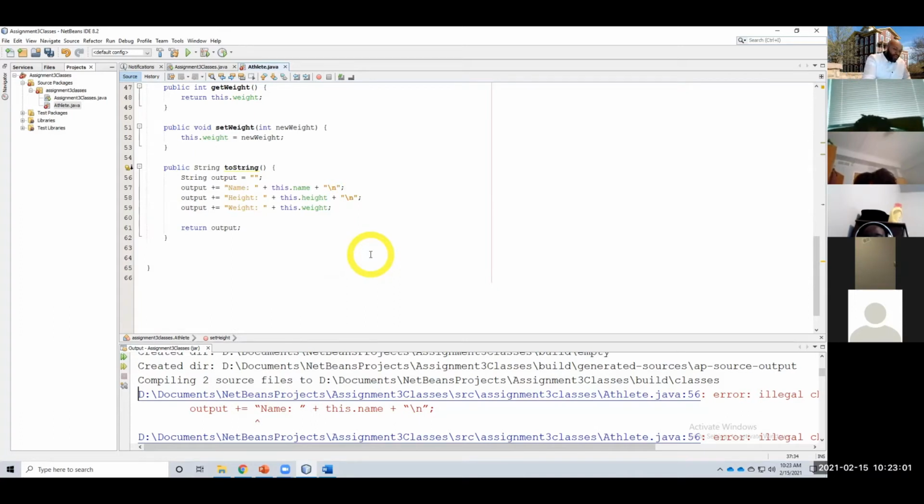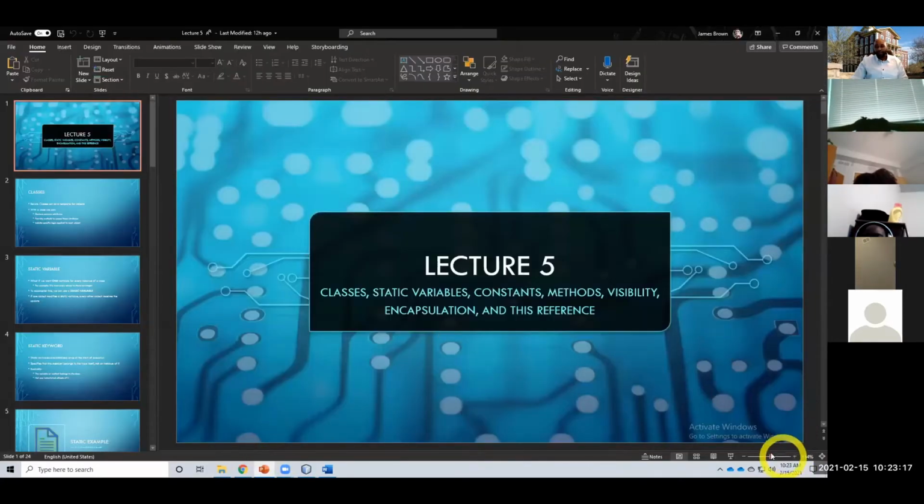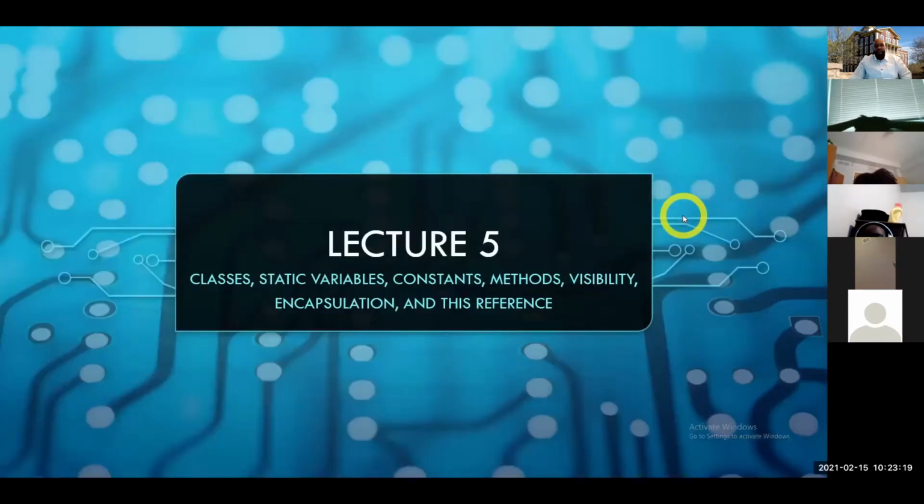All right, so we'll move on to today, and we'll be talking about encapsulation in further detail, which is what I mentioned earlier, and just why we do it, what it is, and how it applies to classes. So there are a couple of different things we'll talk about today. These are just tools at your disposal. I'm not saying you necessarily have to use them, but they are at your disposal, and I want you to